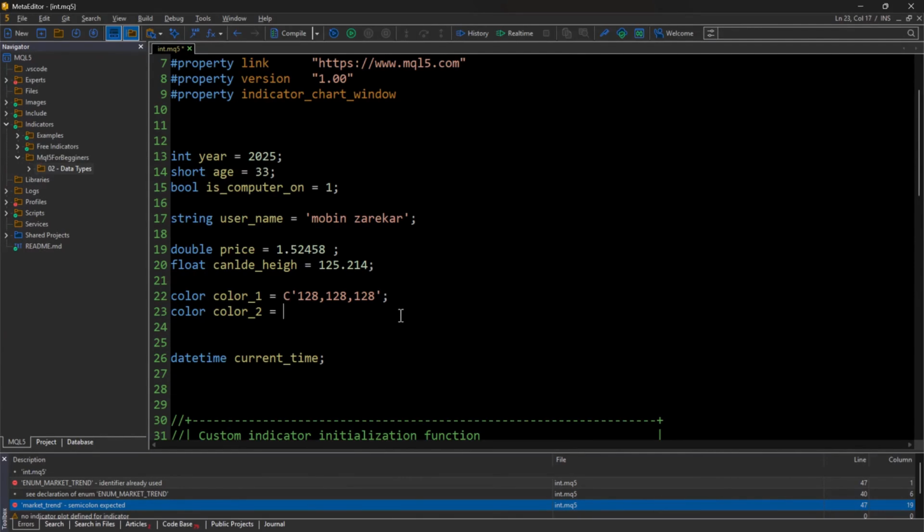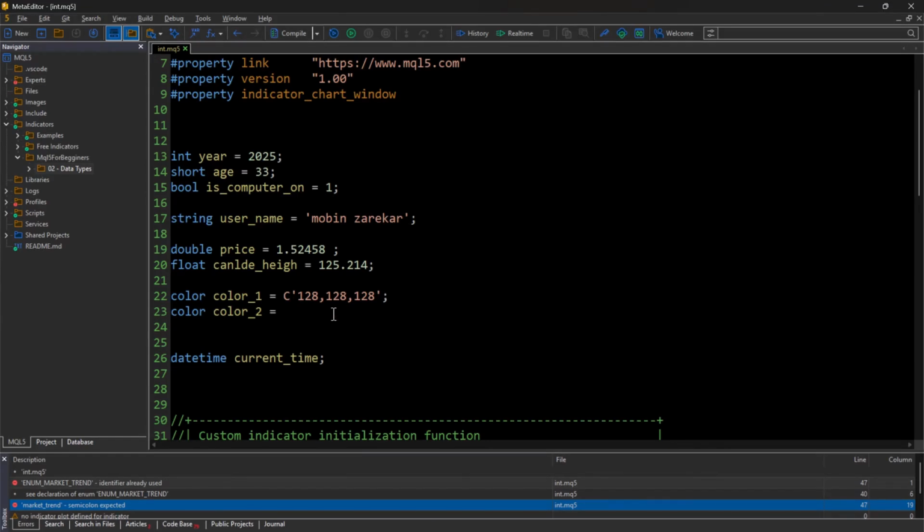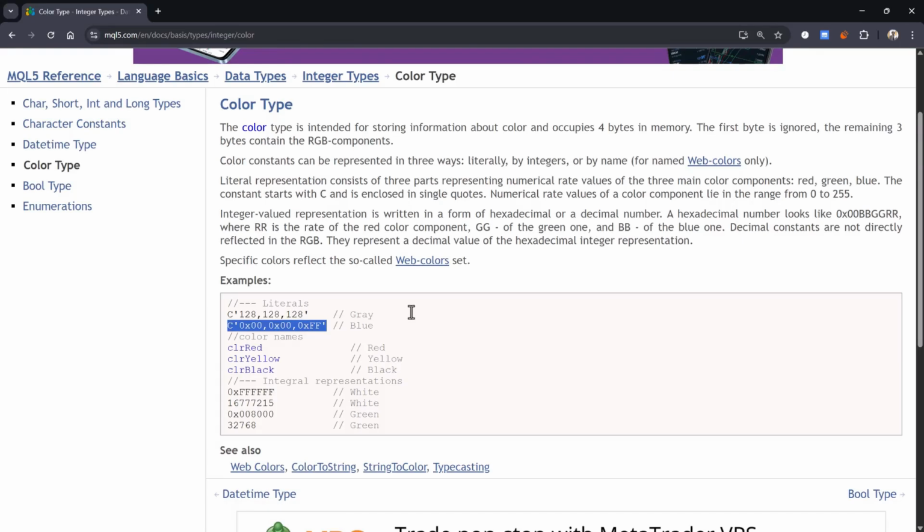is when you want to use hexadecimals like this, which we won't go into much detail about. But if you want, you can look into it yourself. Again, it considers red, green, and blue, but it's no longer an integer. It's using hexadecimal. The third method, which is the default and actually used a lot in Mql5 itself,